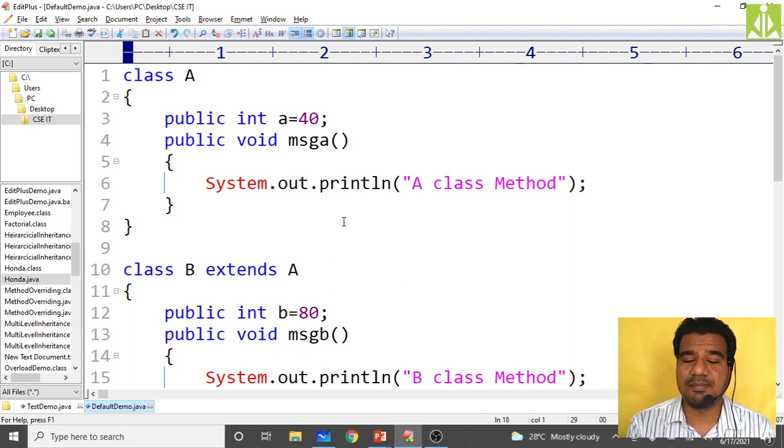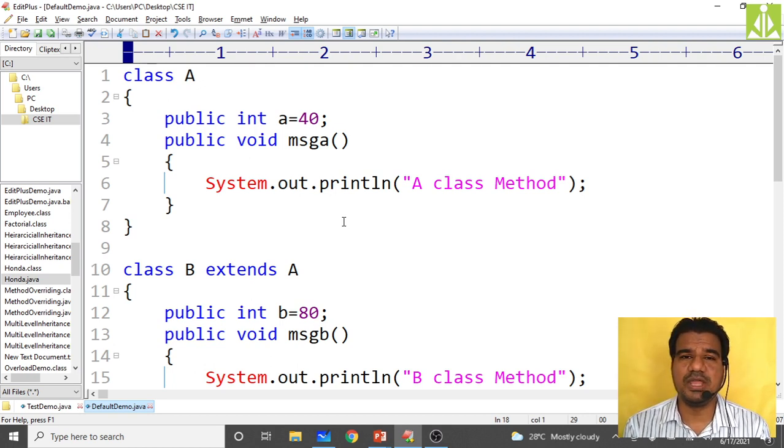But outside the package, only the public members can be inherited. Protected also you can inherit. Outside the package, only the protected and public you can inherit.